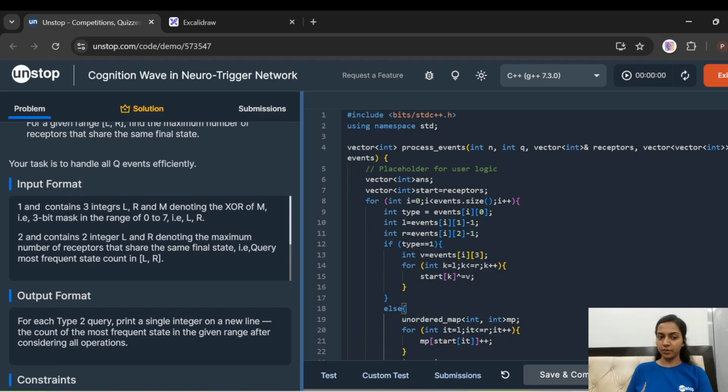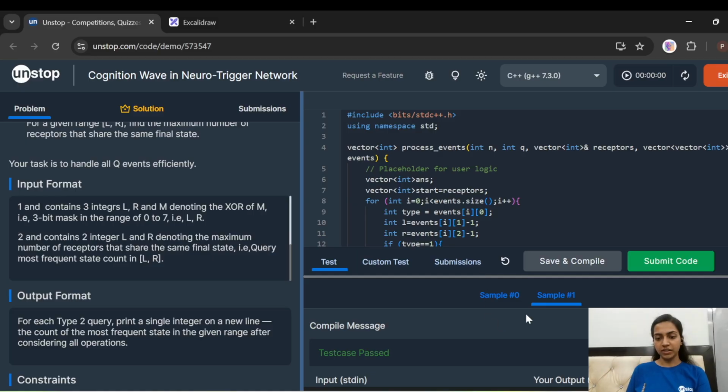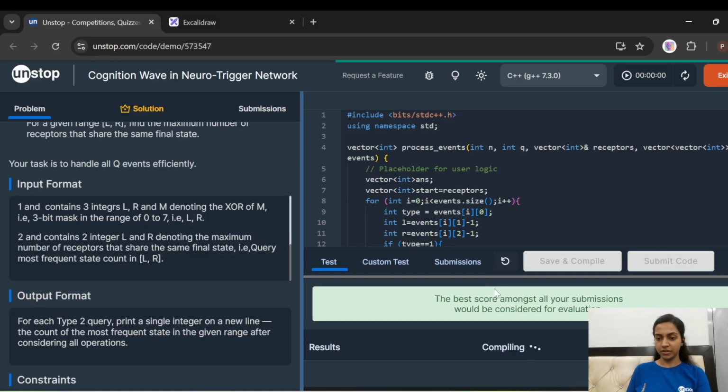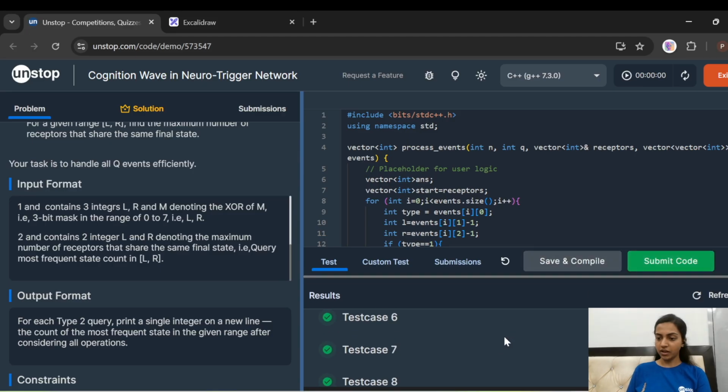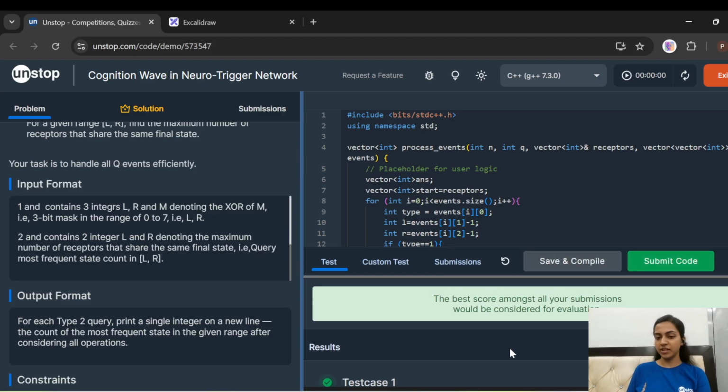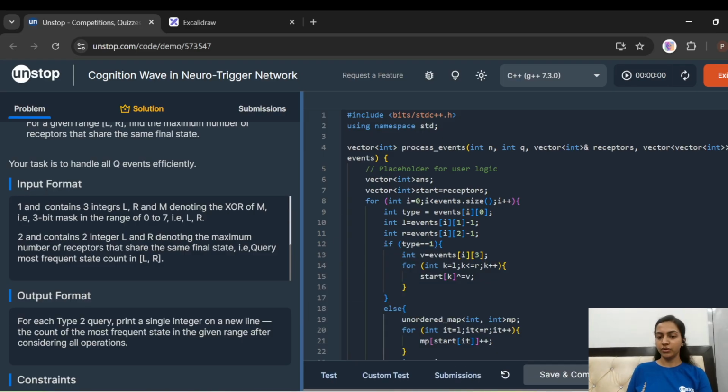If I follow the question line by line and do exactly what it says, let's try to compile this code and it's running. Let's submit our code. And all the test cases are passing. That means that it is correct. So this is going to be our solution for this question. And that's it for this week's questions.